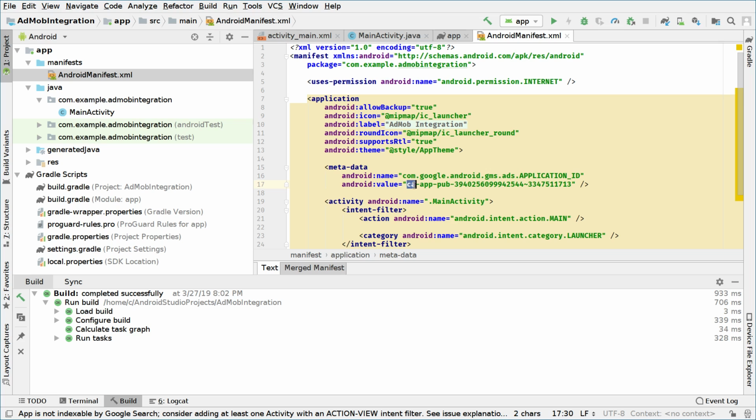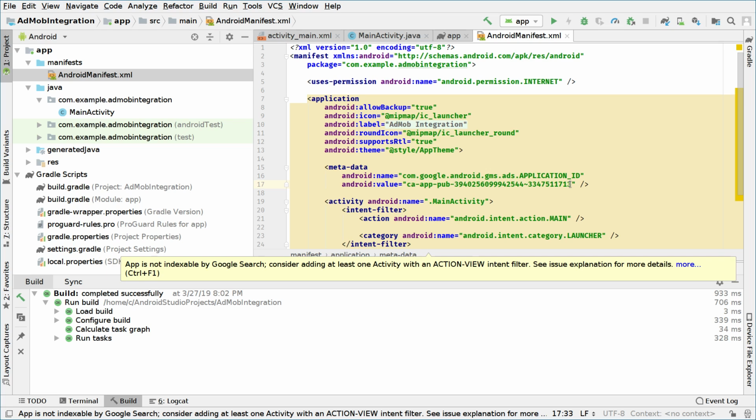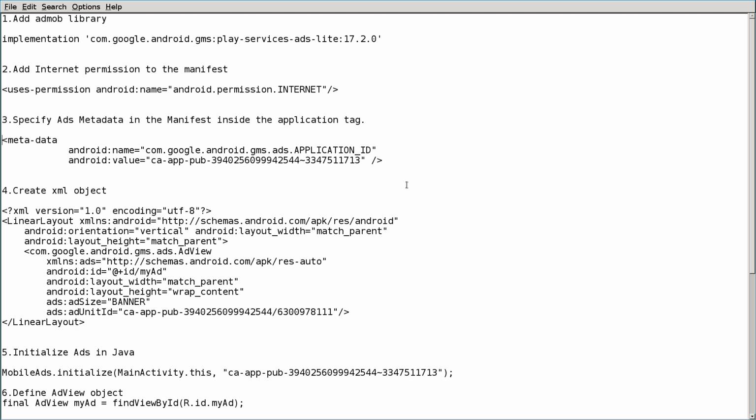So the revenue from that value will go to your bank account. So this right here, as I told you, is for testing, for every time that the app is not being used by an end user. Okay, so we continue to the tutorial and we go to step 4 and we have to create an XML